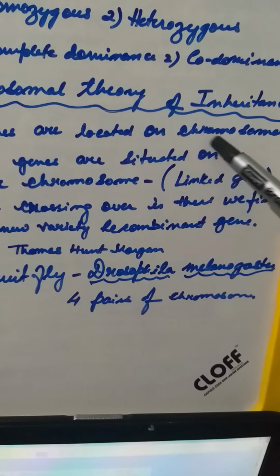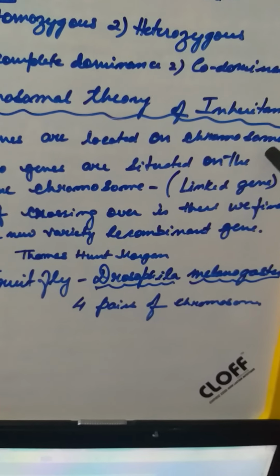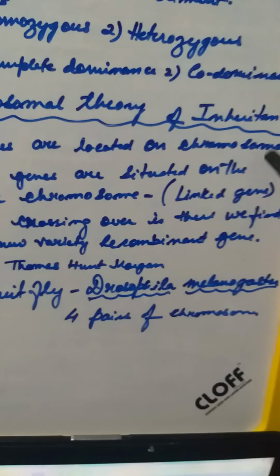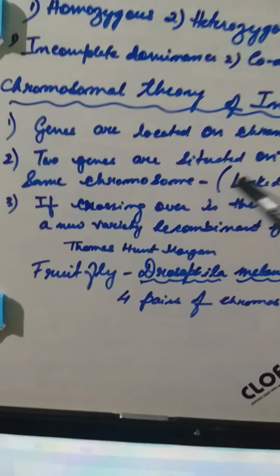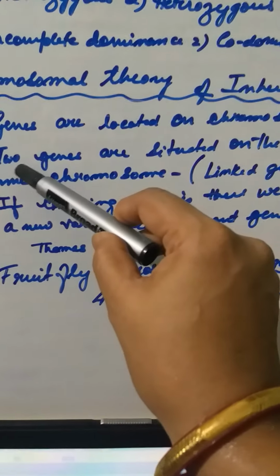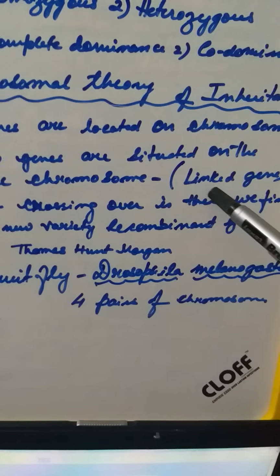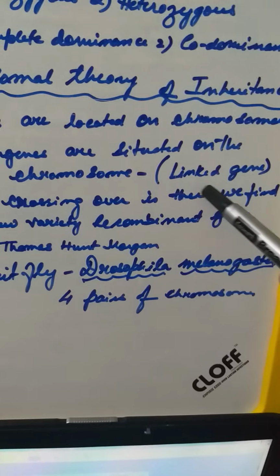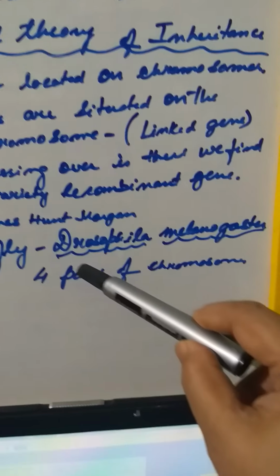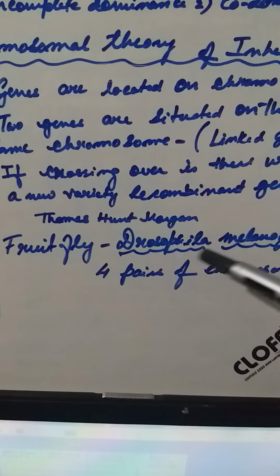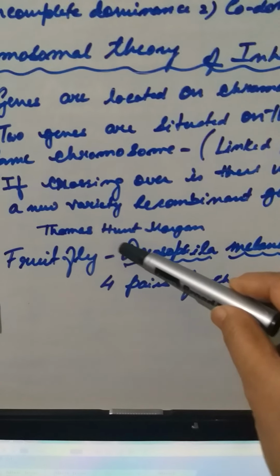A chromosome is a long string-like structure made up of DNA, and we will deal with it when we study chromosome structure. Now we come to the situation of linkage and recombination. If two genes are located on the same chromosome, we call them linked genes. These examples were not done with Pisum sativum. They were done with Drosophila melanogaster, the fruit fly, by Thomas Hunt Morgan.